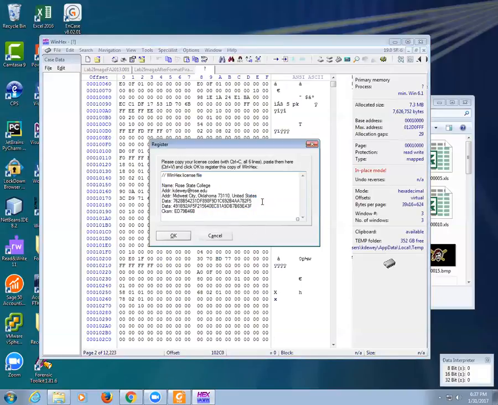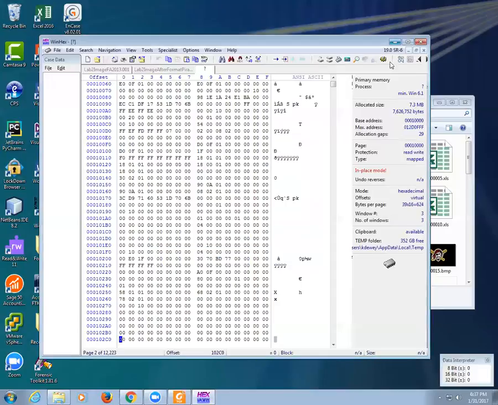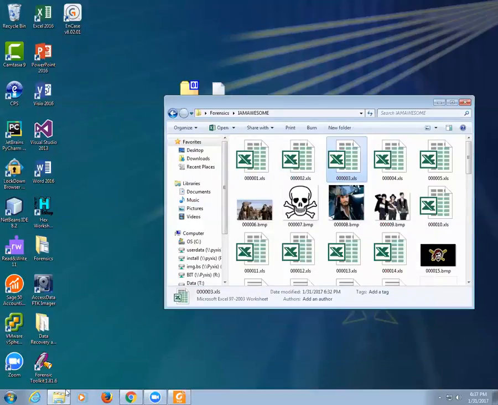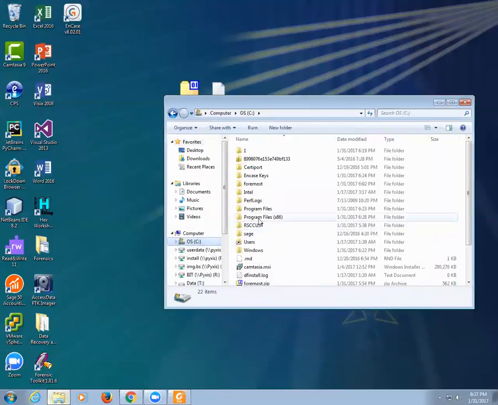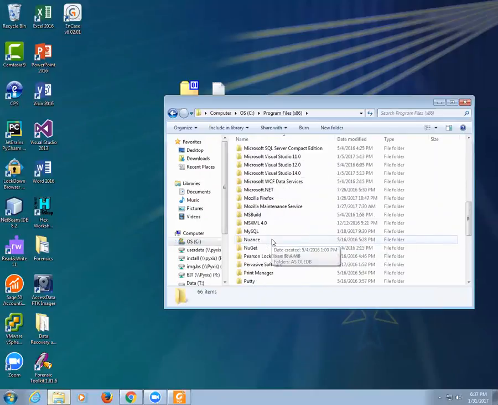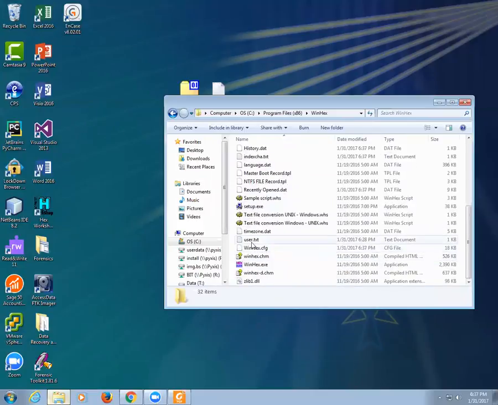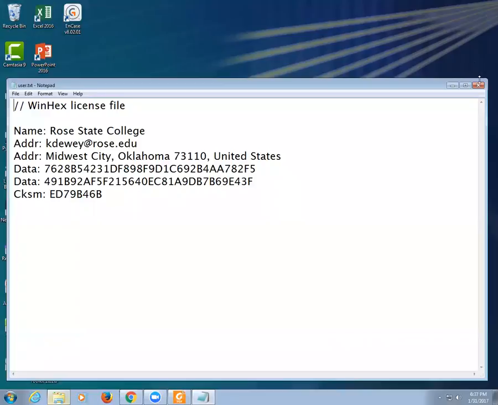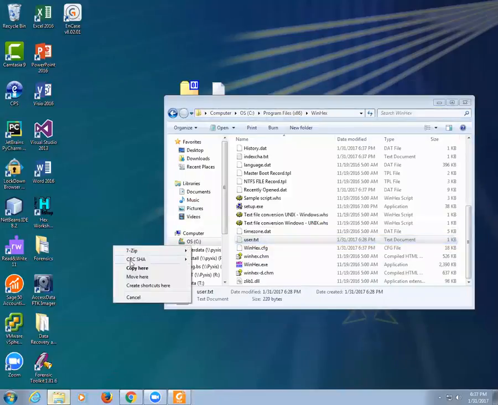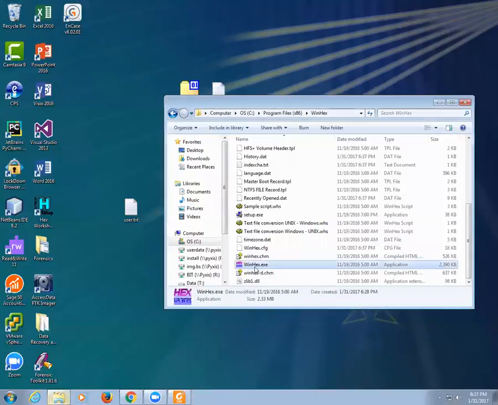We tried to come up with a way. And the problem is it keeps the license file right there. So we said, we'll install this on the virtual machine so they don't get the license file. Well, it's literally right there. Once it's installed with a license file, and the funny thing is, watch this. It's very hard to figure out where the license file is. So if you go to C, Program Files, WinHex, there's a file called user. You open that up. So if you take this out, move here. Now if we run WinHex,